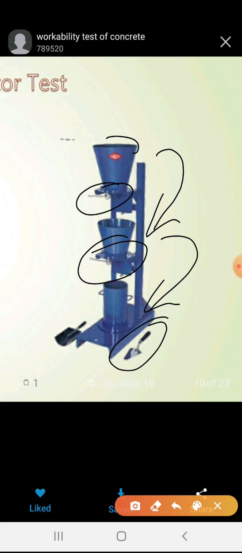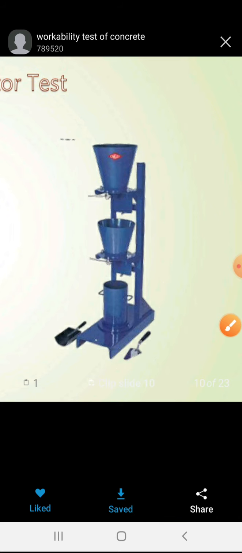With the help of a trowel, we should trim the concrete present over the cylinder, then measure the weight of the cylinder. Now we are taking the cylinder weight with concrete. Now completely remove the concrete and measure the empty weight of the cylinder. Now we can get the total quantity of concrete that has been added in the cylinder.